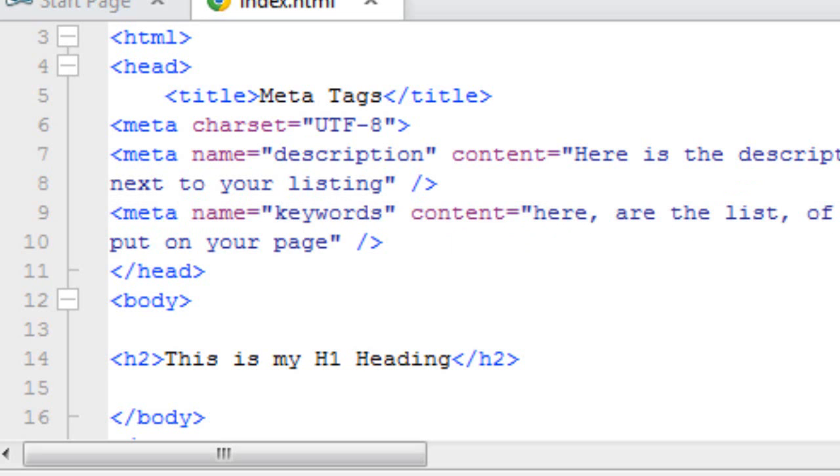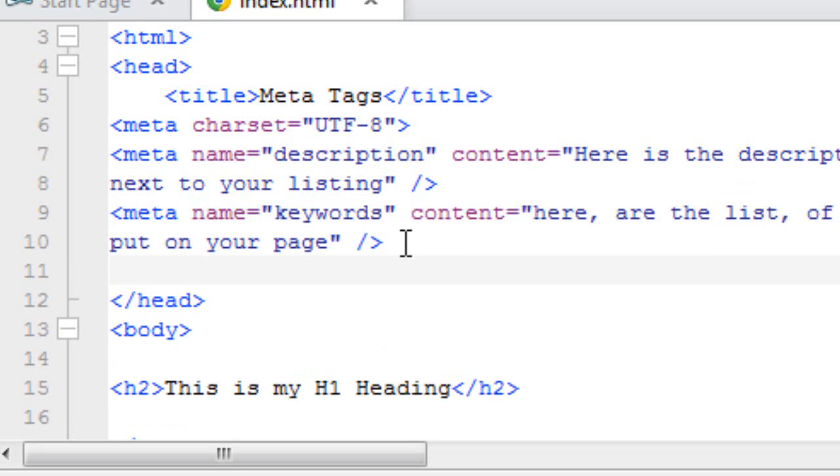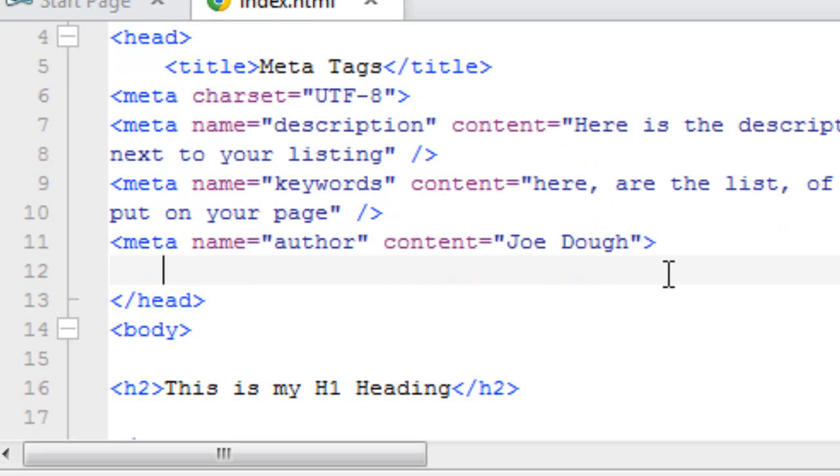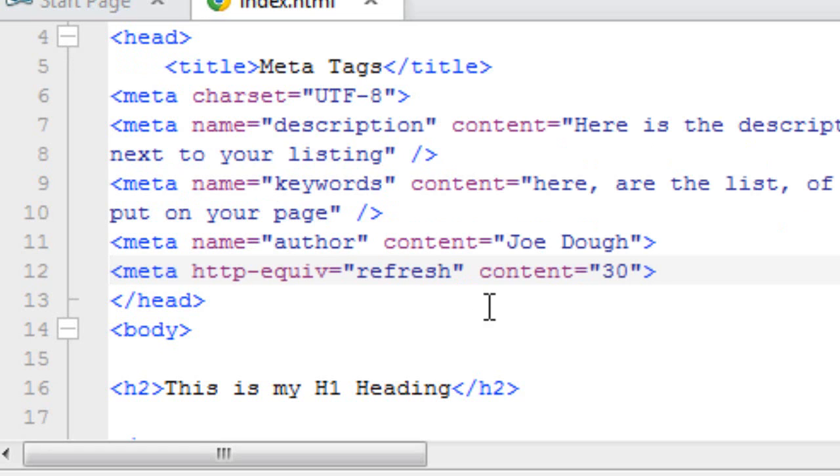Now, another one that I don't use that much, but I have seen that it is a good idea to include, and that's the author meta tag. And the last one here I do not use because I frankly don't find the need for it, but as I said, some folks say that it works pretty good, and that's the refresh tag, and that's the opening bracket,